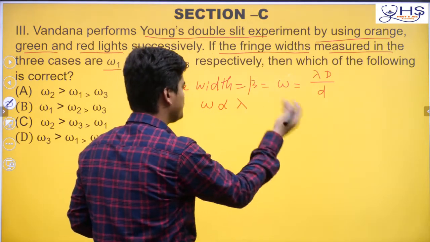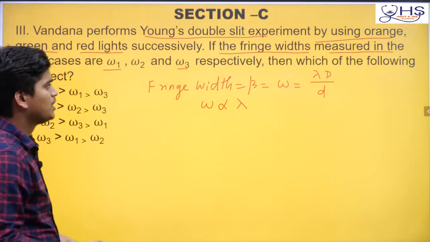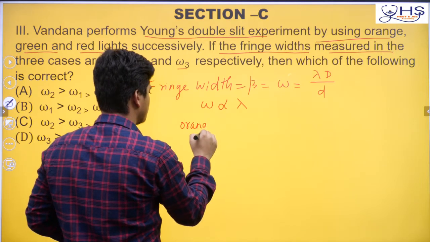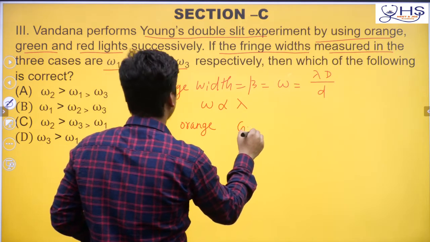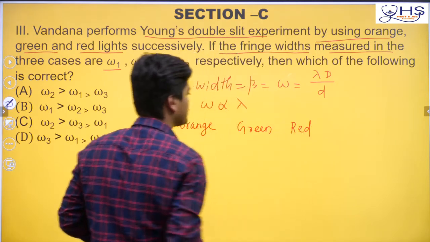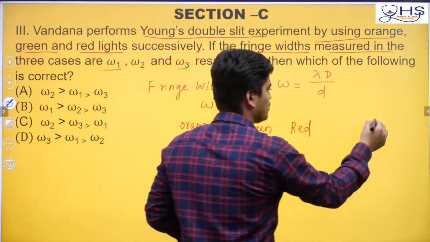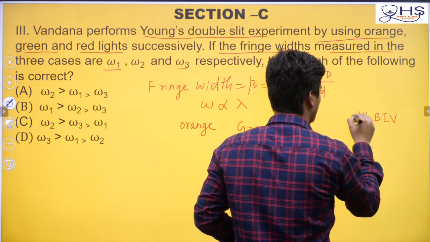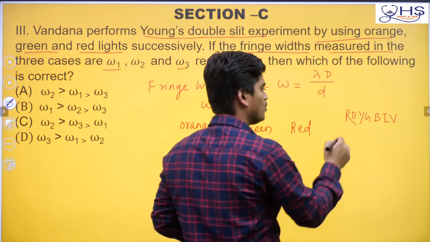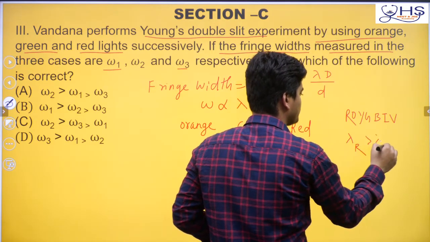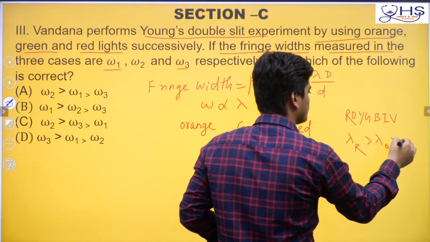Okay, that means if wavelength is more, omega is more. Now if we check three colors, here orange, here green, here red. So three colors are given, and we know from VIBGYOR that red has a greater wavelength compared to orange, and orange is greater compared